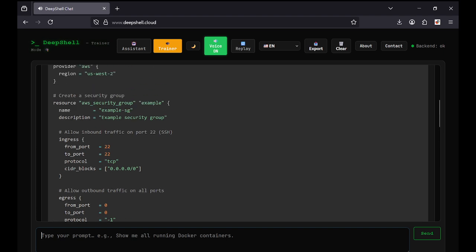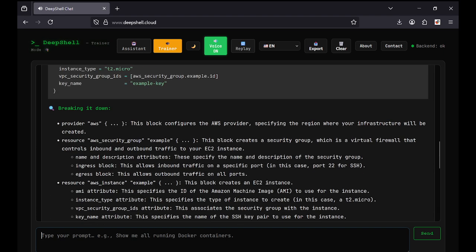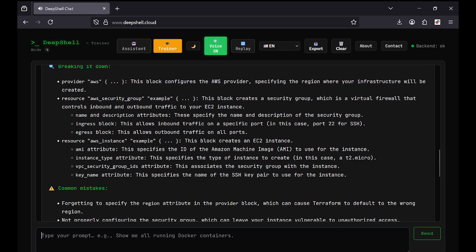Command/example. Breaking it down. Provider AWS. This block configures the AWS provider, specifying the region where your infrastructure will be created. Resource